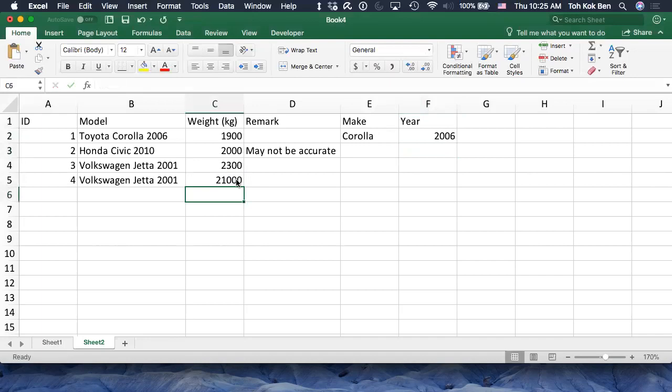Okay, and sometimes you may do something like, oh, this is not supposed to be 2300, this is supposed to be 1600. And then you just accidentally move it over to here, 1600. And something like that can cause a headache when you have thousands of lines. You don't know what's going on. And that's also why sometimes people advocate for other types of data entry using databases and whatnot. But in Excel,